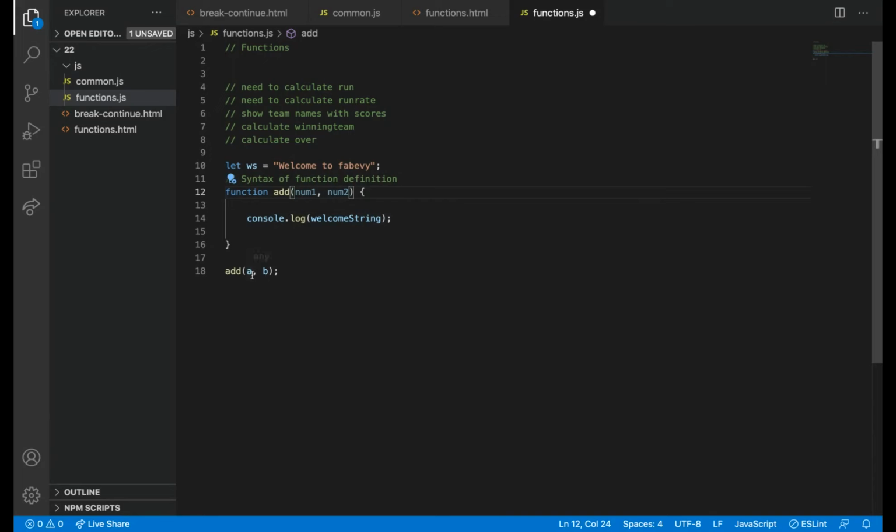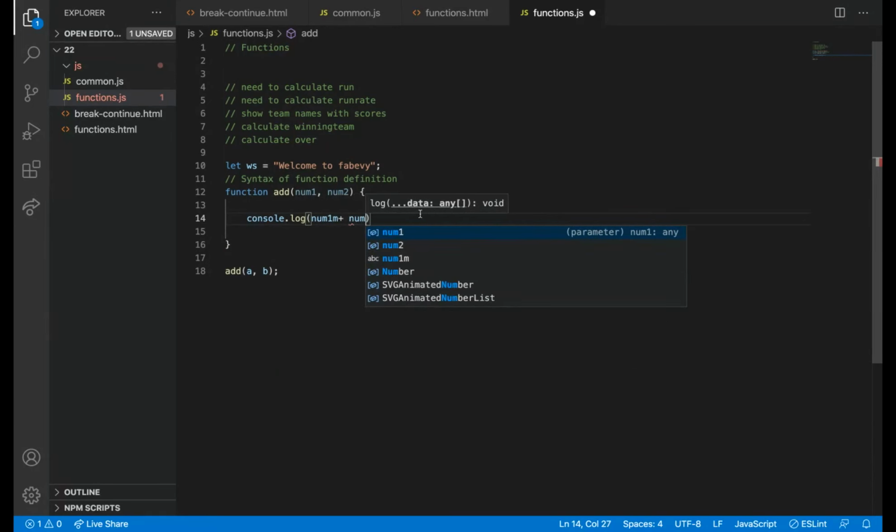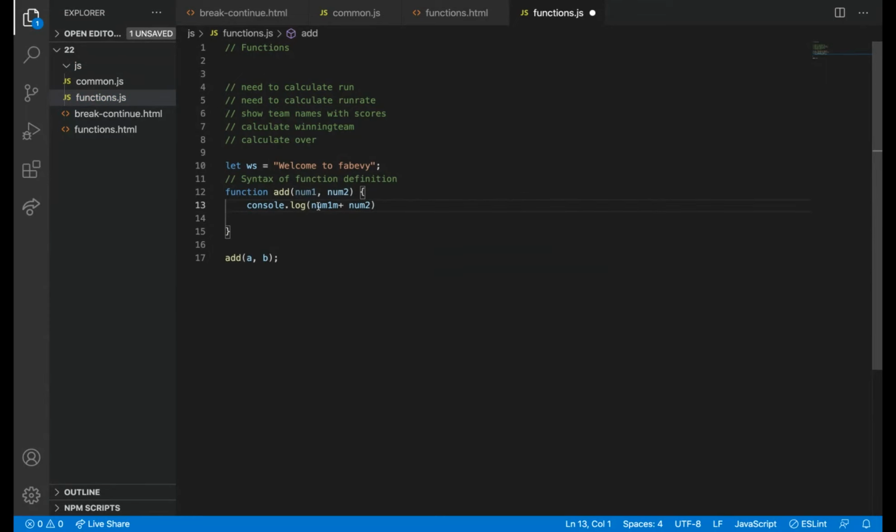So this A will be passed to num1, B will be passed to num2. The value of A will be passed to num1 and B will be passed to num2. And then I put a console.log of num1 plus num2. So this is the function which accepts two parameters.